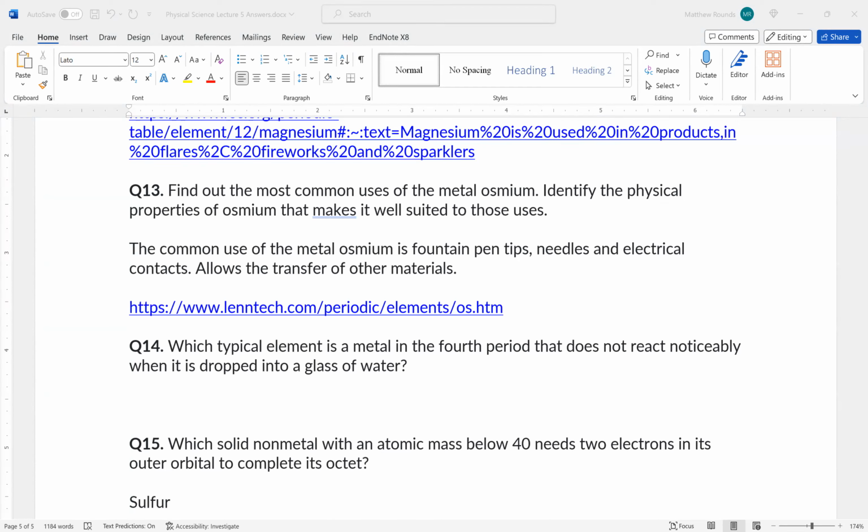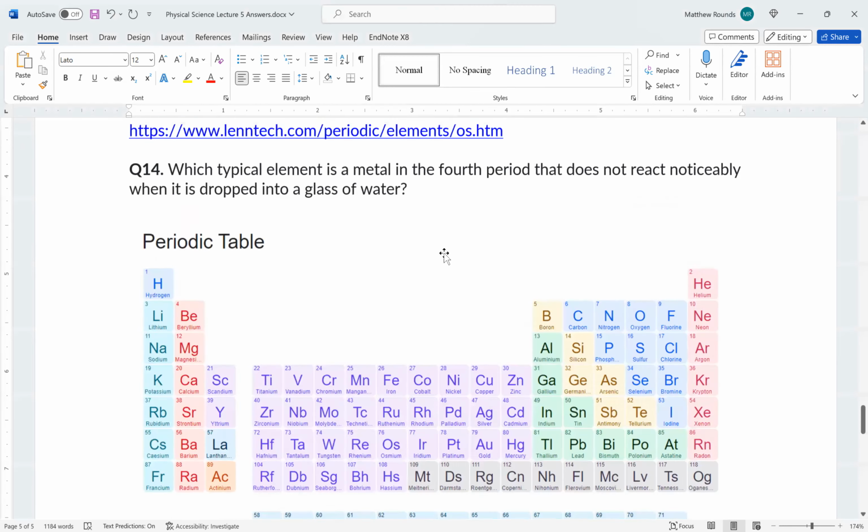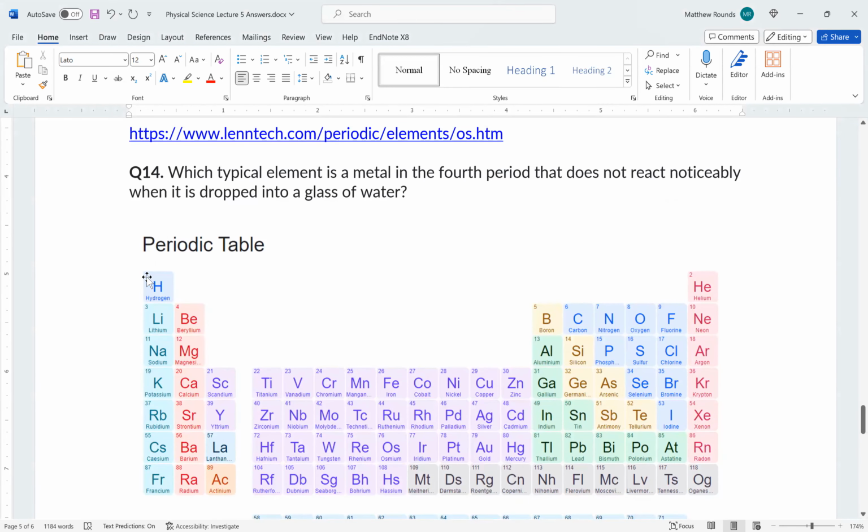All right, so let's look at the fourth period, fourth row. So hydrogen and helium are in the first row, then lithium, beryllium, and so on. That's the third, that's the fourth. So we probably should stick with stuff that we know instead of stuff that we don't know. Like titanium, iron, nickel, copper, zinc. Any of those stand out to you as maybe being